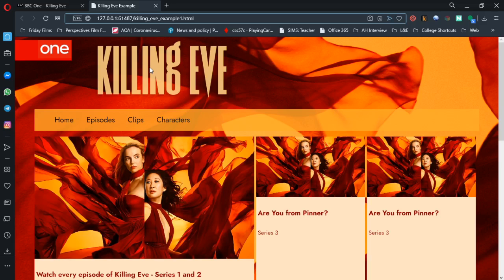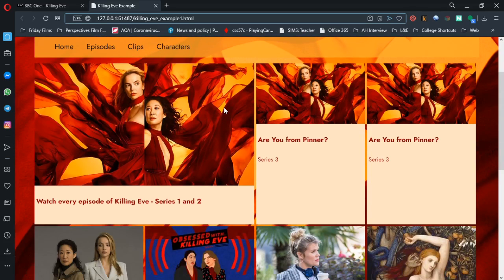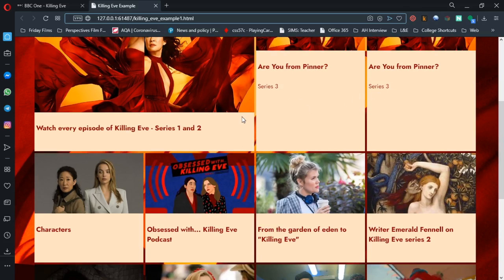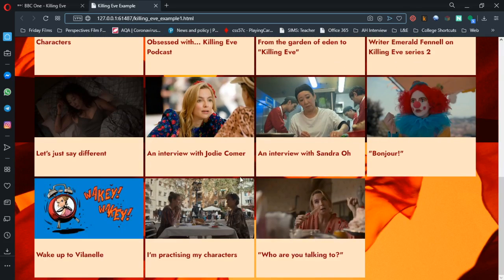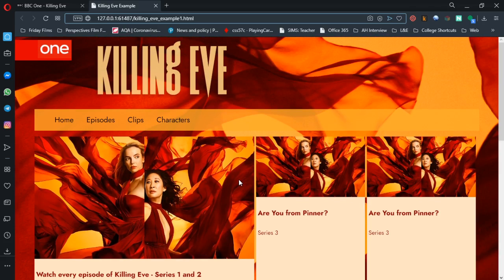Okay, so to start with, let's look at where we were at the end of last session. We created a grid layout page with background image, put the BBC One logo in, created a little bit of a navigation, used some transparent colours, created sections and then put articles in them and all of the contents of those articles. And so this week's work is largely just tidying that up,